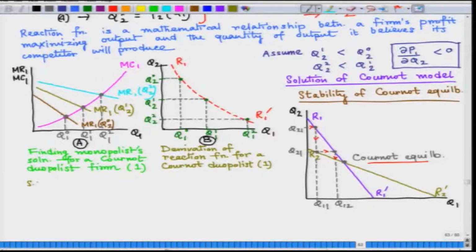So, these are the second order conditions. For that, we all know we need to take the second order derivative of the profit function of each firm, right. And what do we get? We get